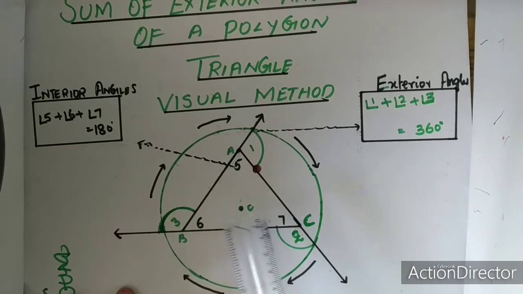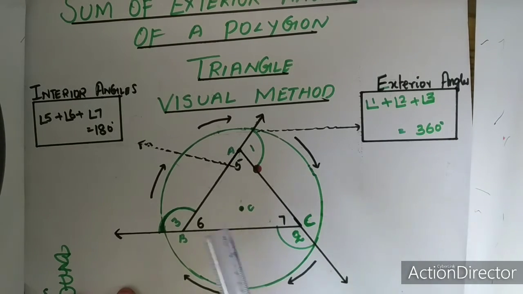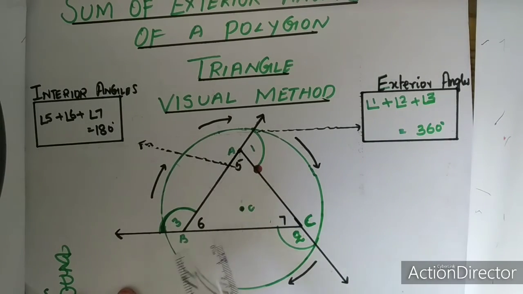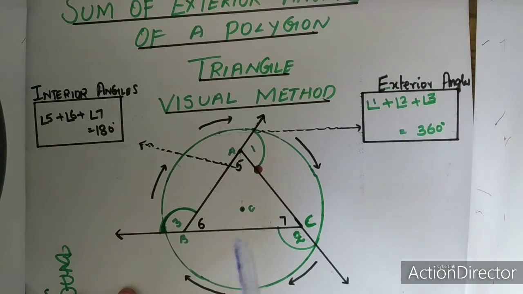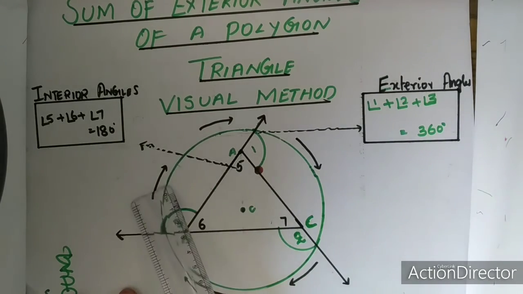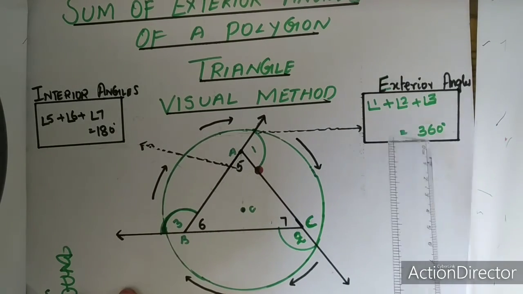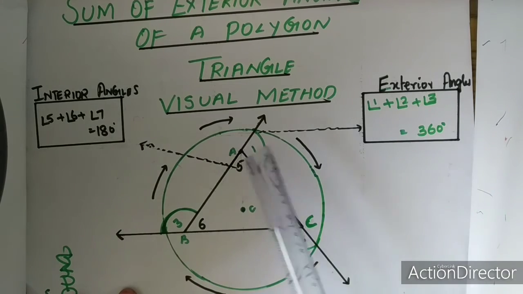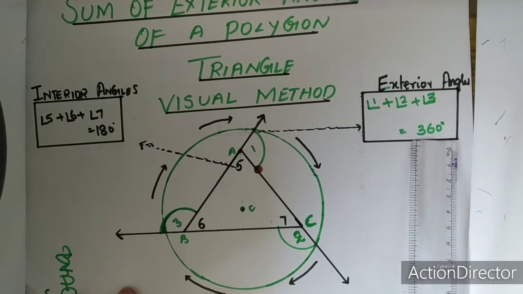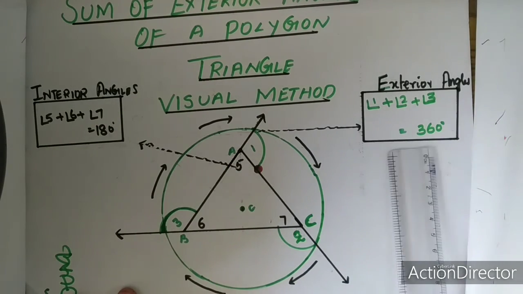This we can generalize for other polygons also, because if it is a quadrilateral, he has to make a turn 4 times. If it is a pentagon, the number of turns will be 5 times. So this depends upon the type of polygon you have. So the sum of exterior angles for all polygons will be 360. Whatever may be the type of polygon, that person will be completing one full circle over here. So the total angle will be 360. It is common for all polygons.